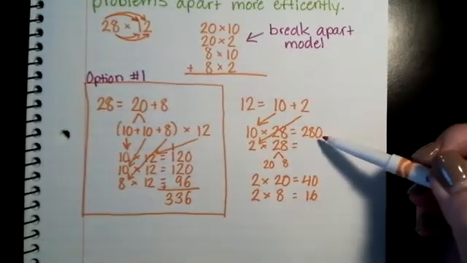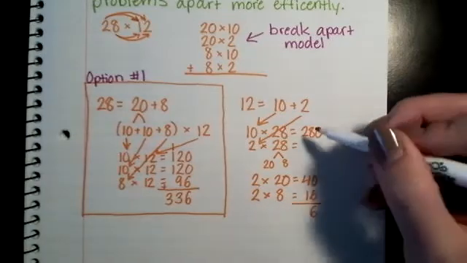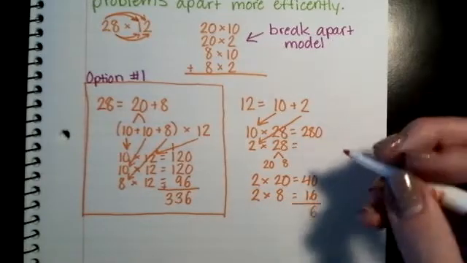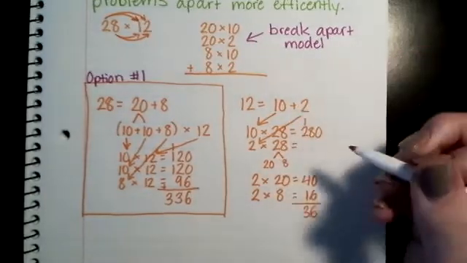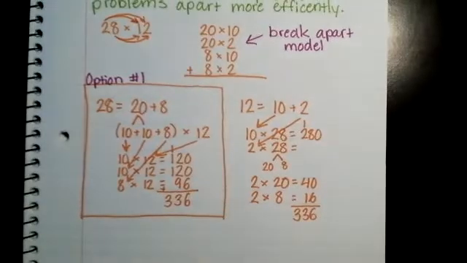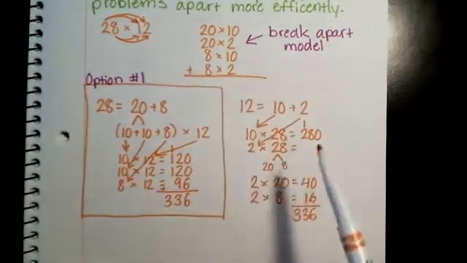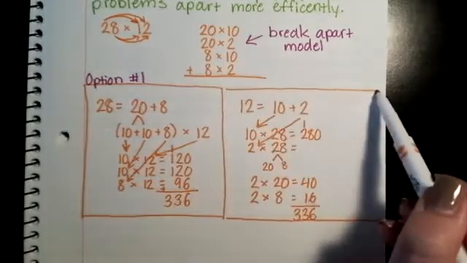So let's look at our ones column, 0, 0, and 6. Tens column, 8 plus 4 plus 1. 8 plus 4 is 12, plus 1 more is 13. Okay, and my hundreds, I have 2 and 1. 336. Okay, so again, I got 336,